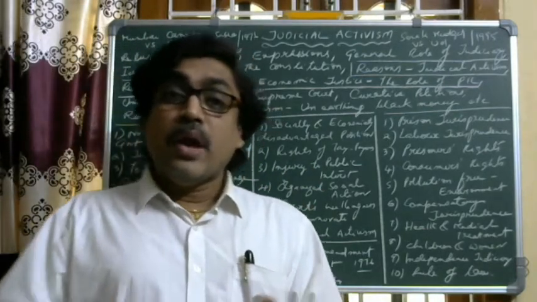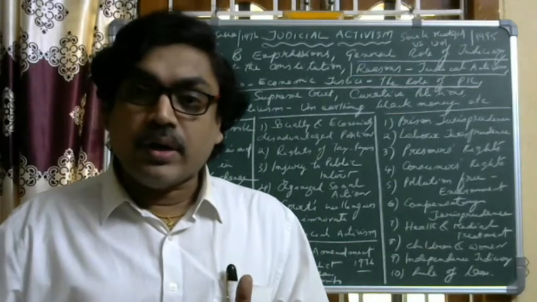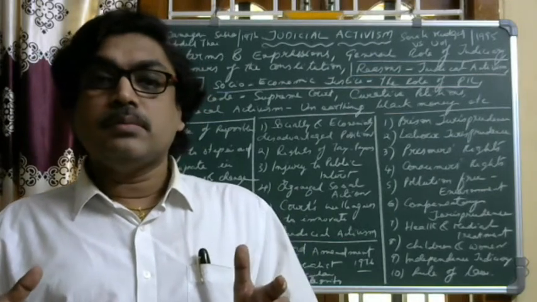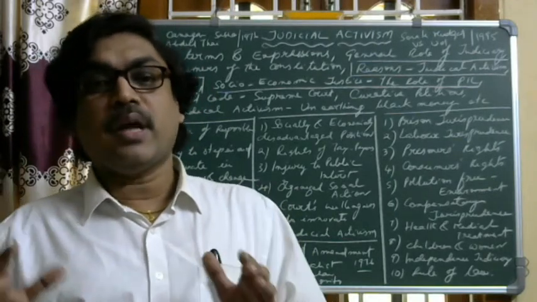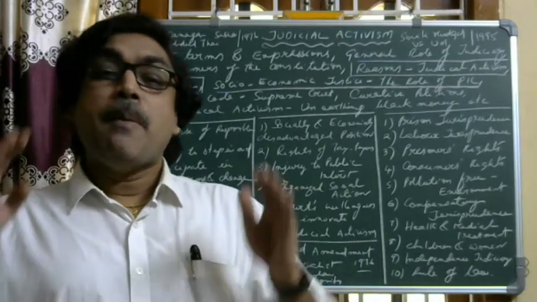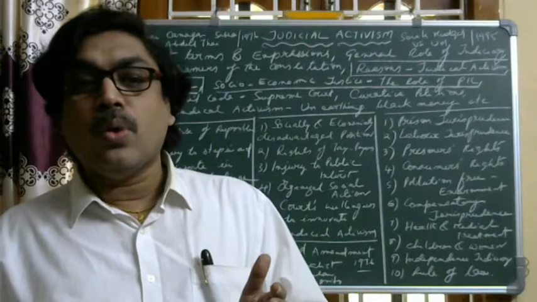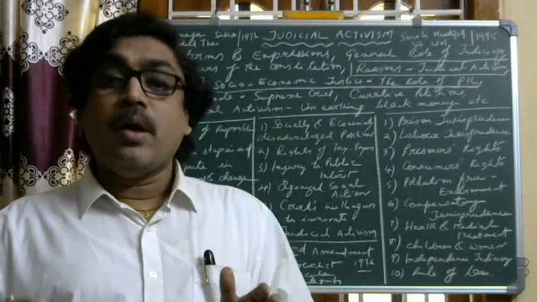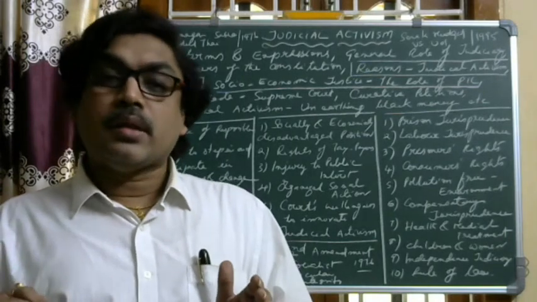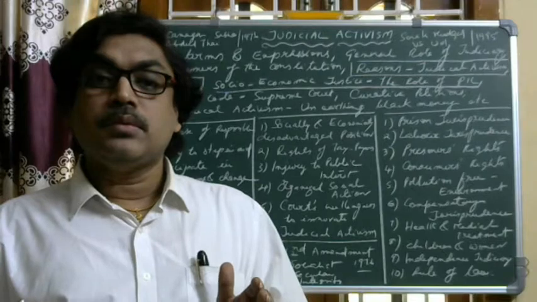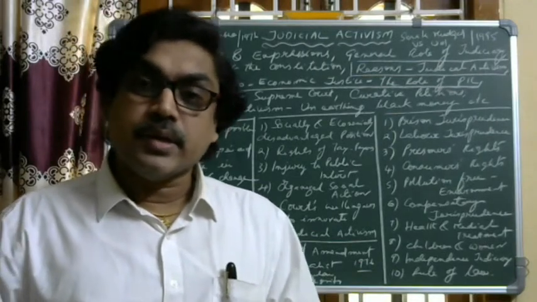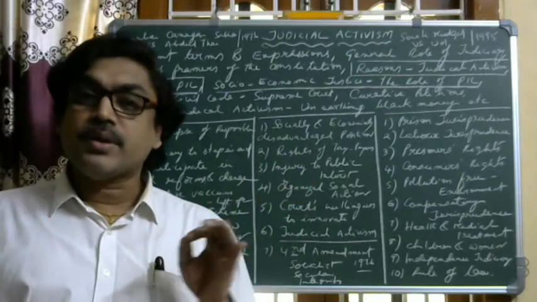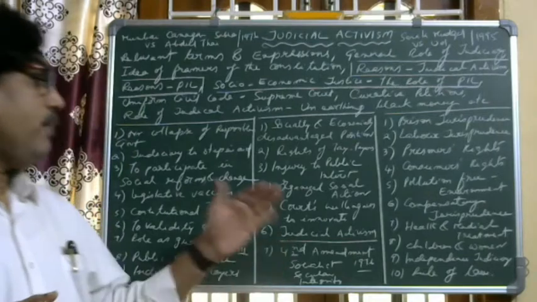As I told you, if a group of persons' rights are affected, or a larger number of people's rights are affected, then any public spirited person or the NGO can file a writ petition before either the High Court under Article 226 or before the Supreme Court under Article 32 by way of public interest litigation. So the injury to public interest is also one of the reasons for public interest litigation, as well as